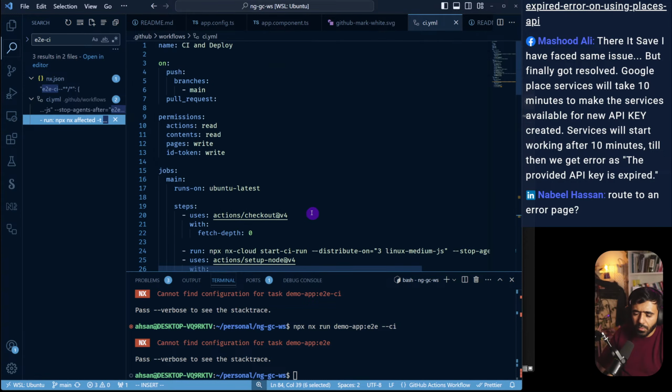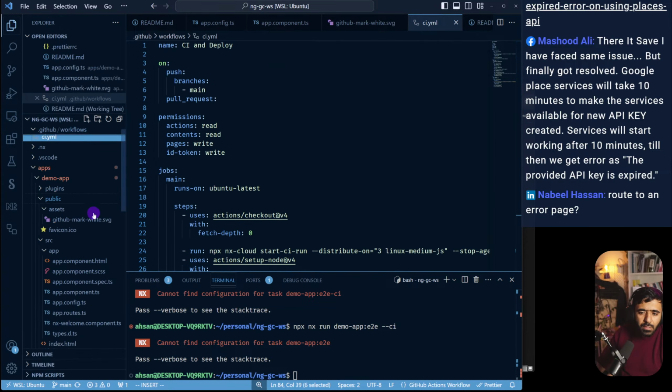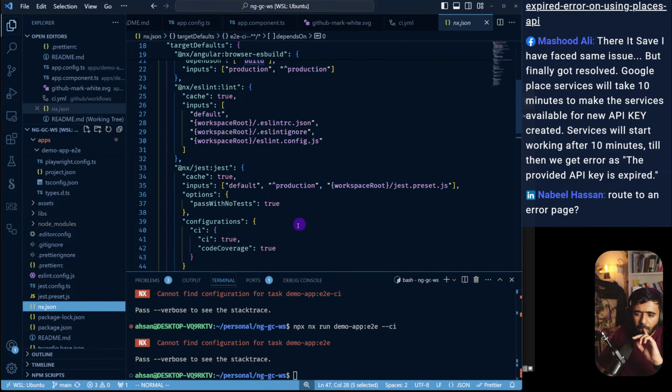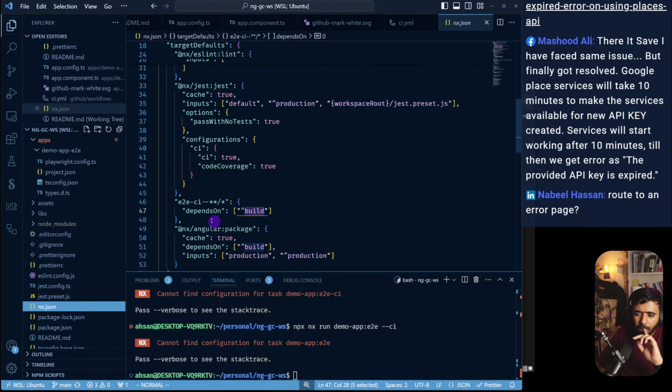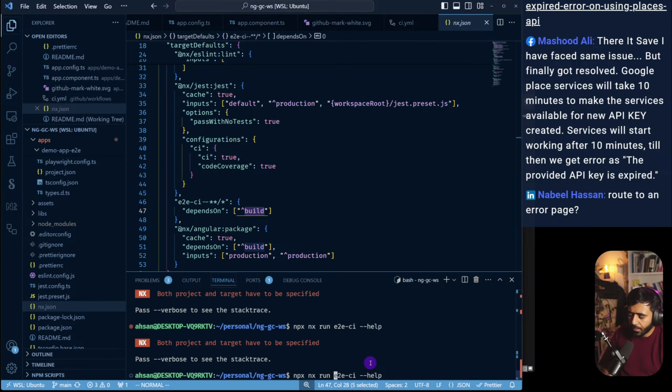Where does the e2eci come from? I think it's defined in the nx JSON. Is it more nx e2eci target demo app? Am I writing something really stupid? If I do run e2eci, help. If I do demo app and then e2eci, then it should work. But then it says cannot find target e2eci for the project. If I do e2e,